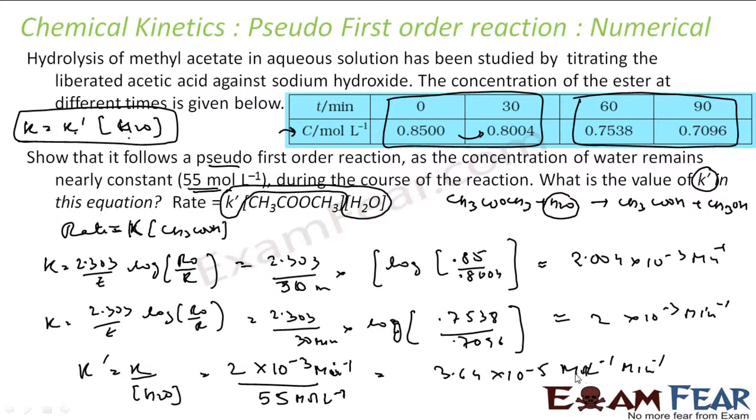Correct? So that is the value of K dash, because the question is asking me the value of K dash, not the value of K. K, I already found two values just to make sure that the equation which I am using is correct. It is a first order reaction. To prove that, I found two values of K using first order reaction formulas, and both the values were the same. That proves that it is a